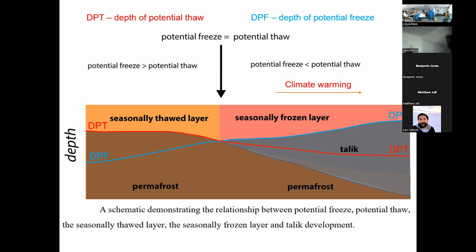So it's a very simple kind of indicator. You have long-term degradation of permafrost, not just summer thaw deep enough to start melting ice, but when permafrost really starts to degrade. When? Well, the simple answer is when your potential thaw is deeper than potential freezing. So when during the summer you thaw more ground than will refreeze during the winter. And after you cross this point,